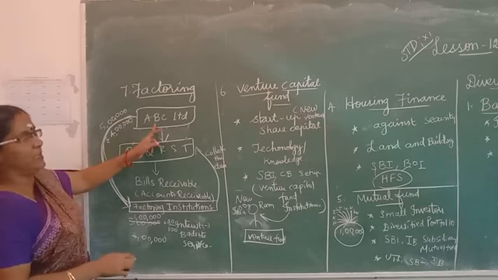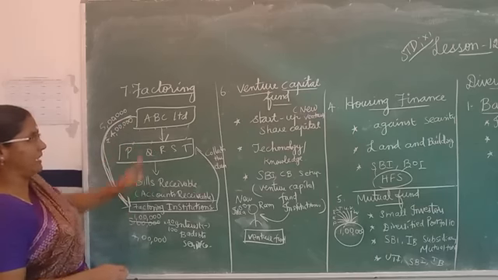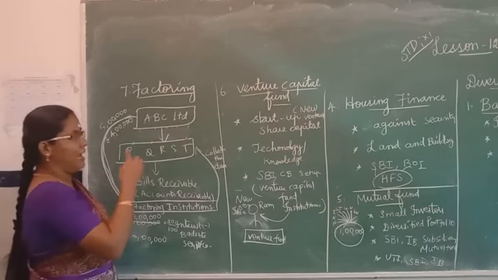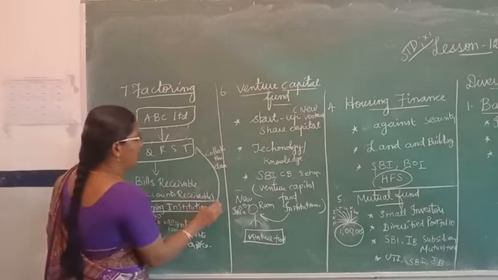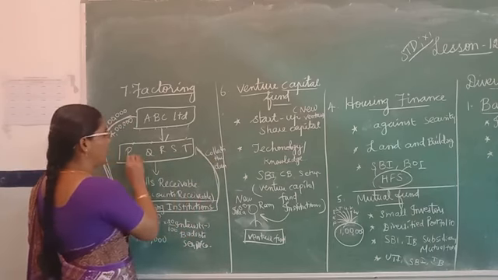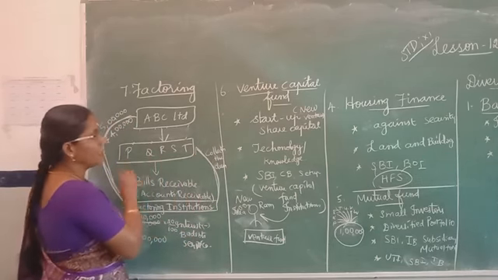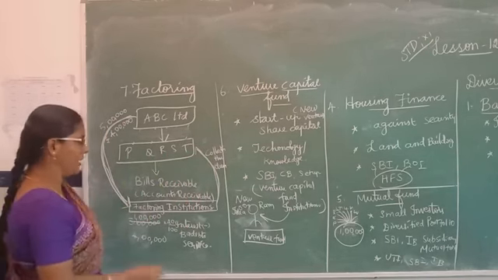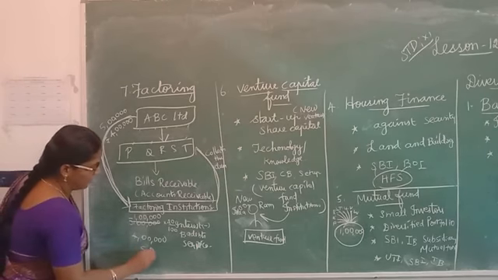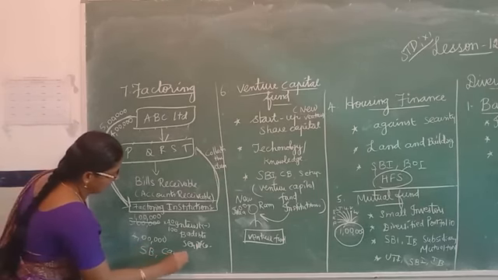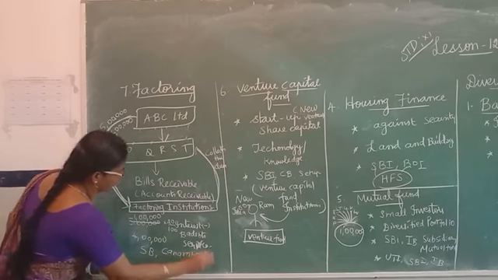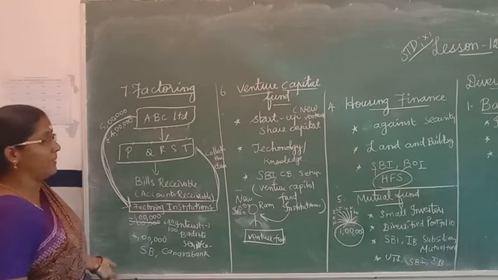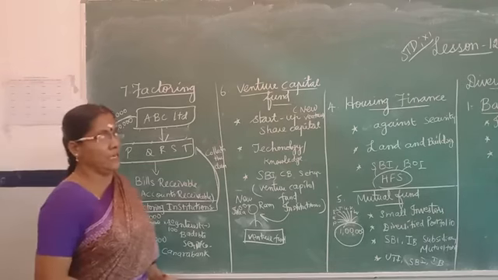So ABC Limited receives funds from the factoring institution before 3 months. Then after 3 months, the factoring institution will collect the dues from all these parties. This is called factoring. State Bank of India and Canara Bank act as factoring subsidiaries. So all these diversified functions are run by the commercial bank. Now let us see what